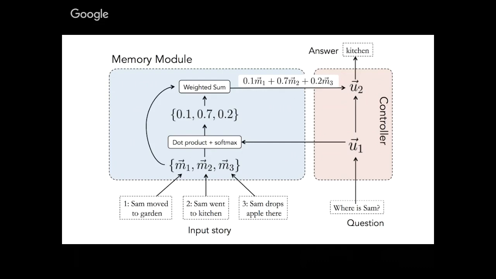Maybe the 0.1 could be the product of each hop. So when you do a hop, you look through the set of all your memories, and then you find the one with the highest relevance to your current query, and that would